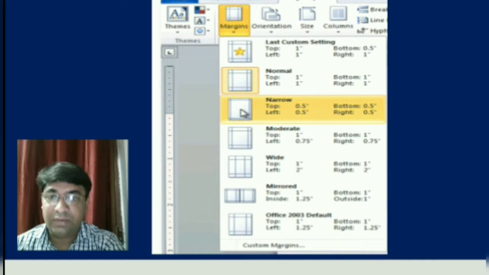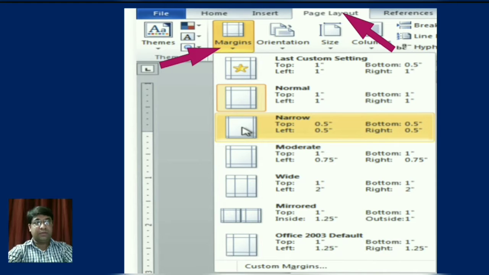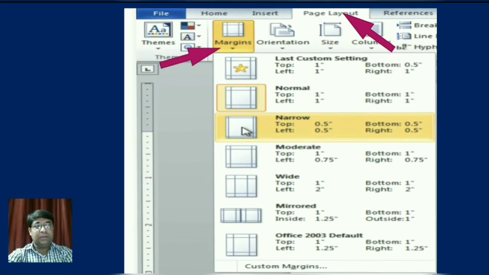Now, I will teach you how we can set the page margin. To set the page margin, you can follow the given steps. First, you have to click on the Page Layout tab. Then, click on the Margins option. When you click on the Margins option, a list of predefined margin settings appears. Normal is selected by default. Now, click the predefined margin size you want. You can choose any predefined size which you want.